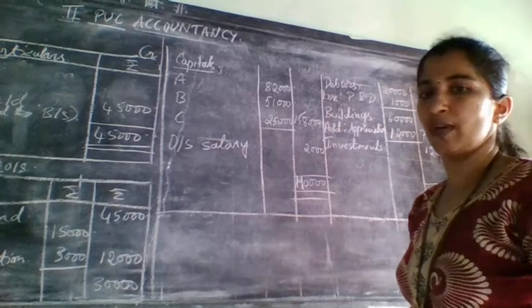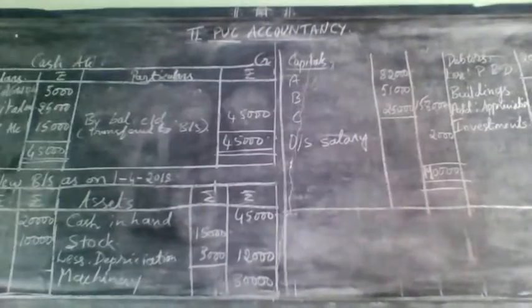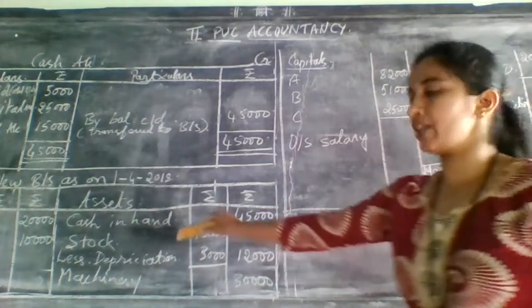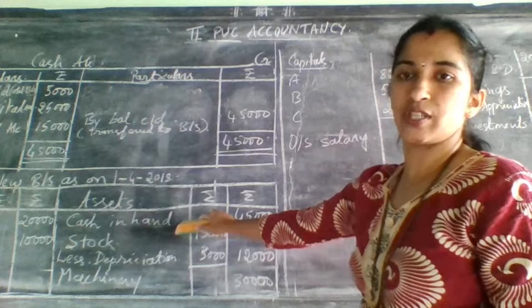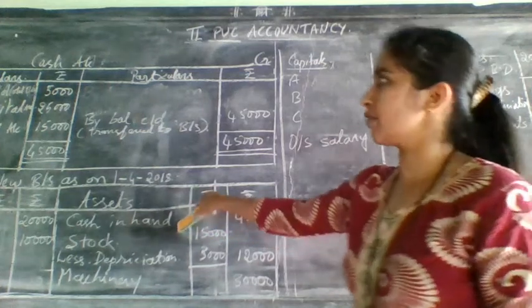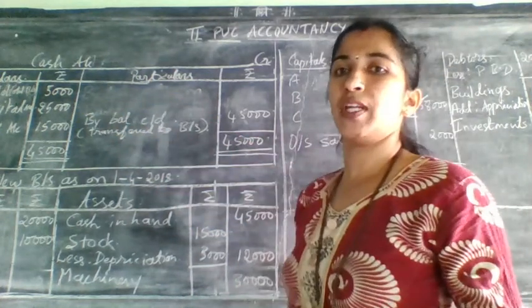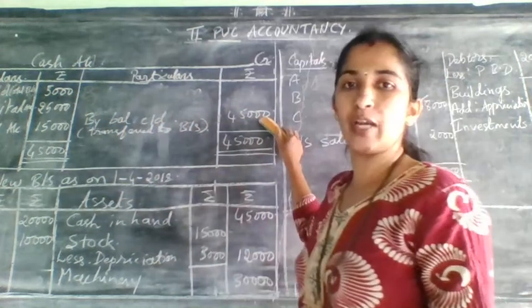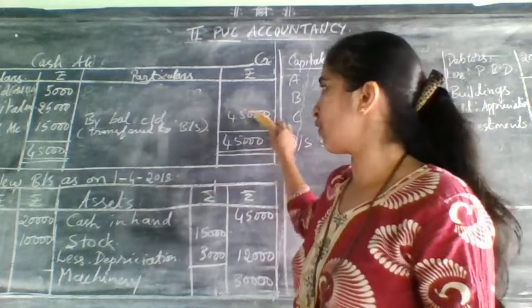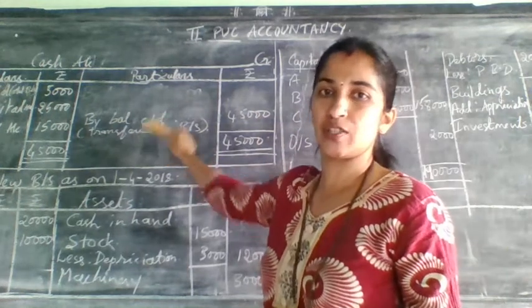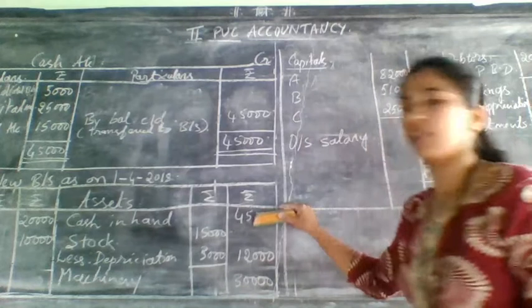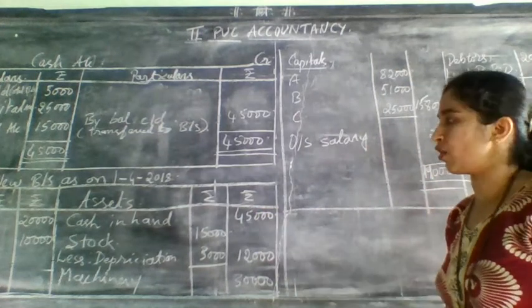How to do the new balance sheet? In the new balance sheet, we will start with the items that were there in the old balance sheet. Started with cash in hand. The balance was 5,000, but we have not taken that 5,000 because we have done so many adjustments in the cash account, and finally one amount came in the cash account, that is 45,000, and it was transferred to the balance sheet. After doing those adjustments, whatever amount you got will come here as cash in hand, 45,000.